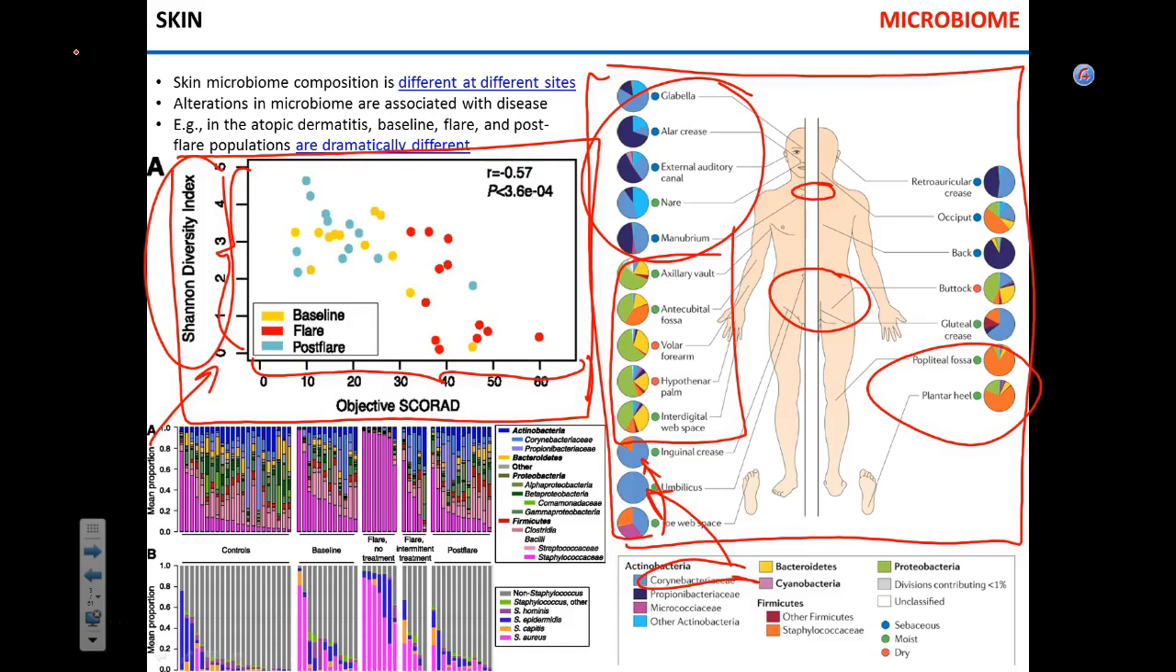Shannon diversity index is the parameter that shows you how diverse the population of microorganisms is, how many different taxa you see there. It turns out that at the baseline, without any atopic dermatitis, shown with yellow dots, you have a certain distribution of the Shannon diversity index in different subjects. Those are human subjects. During the flare,